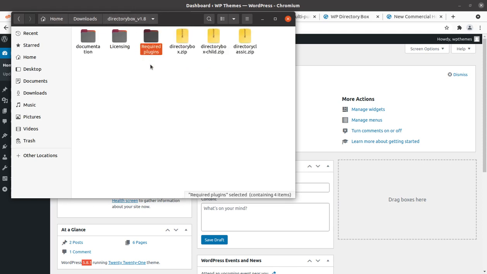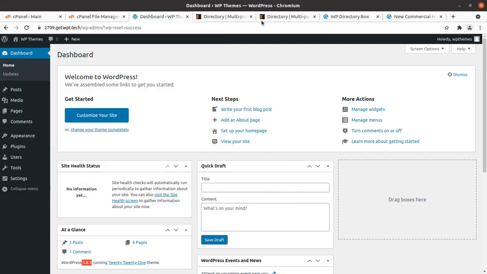So it has been provided in the theme pack. The Directorybox main theme file, child theme file, and a classic directory theme pack are also here. So we shall be using the directorybox.zip file for this installation, and it is the correct file that you can also use. Okay, so let us begin.